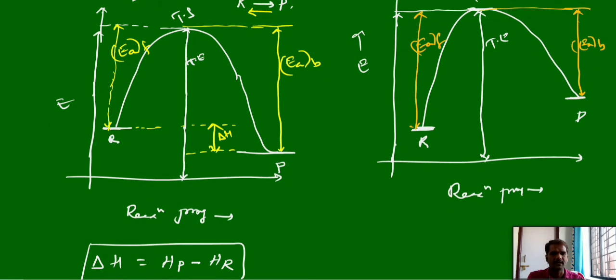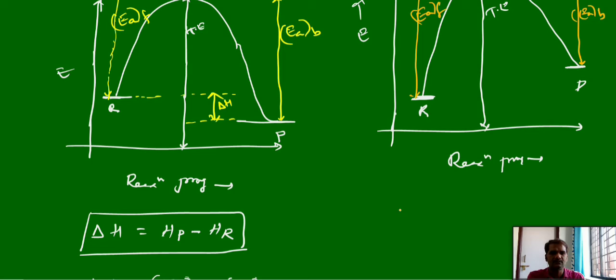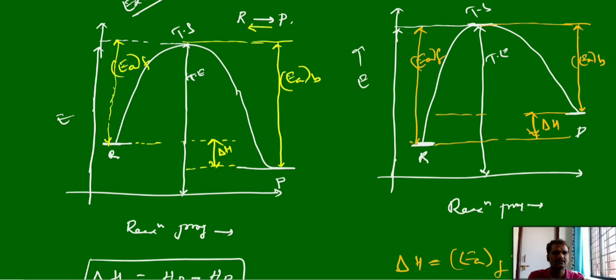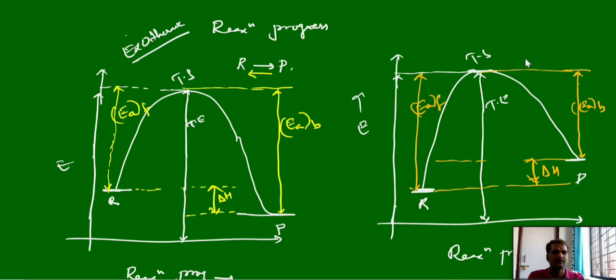Again, if you apply these values in the same formula, delta H is equal to activation energy of forward reaction minus activation energy of backward reaction, and this is the value. Delta H means the difference between products and reactants. This is delta H, the enthalpy change. For the forward reaction, activation energy is more for forward and less for backward. So the resultant will be a positive value only. Positive value means heat is absorbed in this reaction. We can say this is the graph for an endothermic reaction.